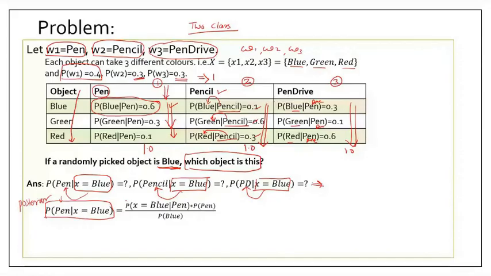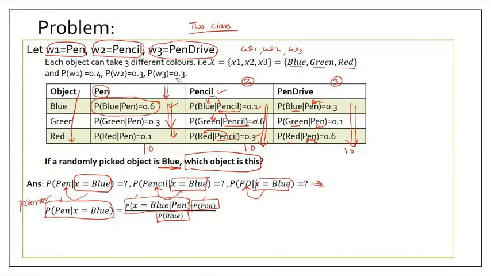Okay, but we have information in terms of likelihood, then prior, and then evidence. So these three we can easily find out. Now how to find out? This likelihood is already given to you. This prior is already given to you here. So we need to calculate only this